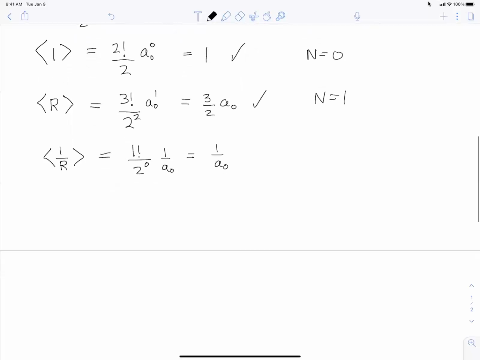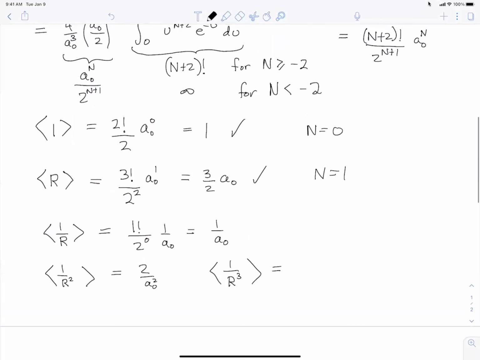Okay, and then we can do 1 over r squared, and that turns out to be 2 over the Bohr radius squared. And for 1 over the radius cubed, the expectation value turns out to be